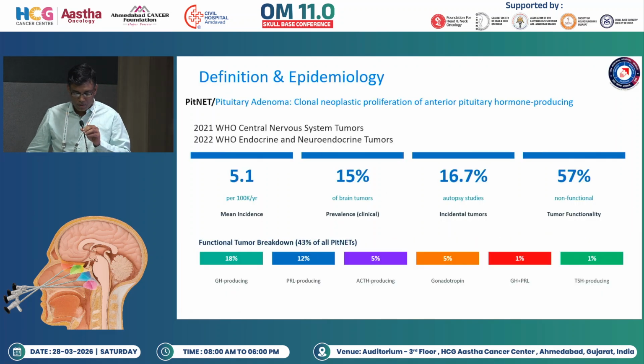So if we talk about pathologists, they were early to adapt regarding the pituitary adenomas. They are classifying it as PitNET, and that is adapted from the 2021 and 2022 WHO classifications of central nervous system and the endocrine and neuroendocrine tumors. The majority of them are functional, more than 50%, and the rest are non-functional, with various